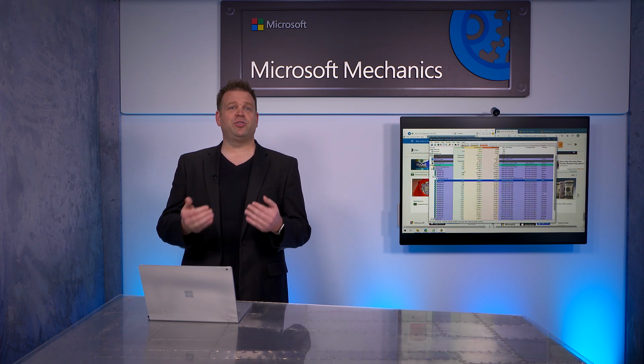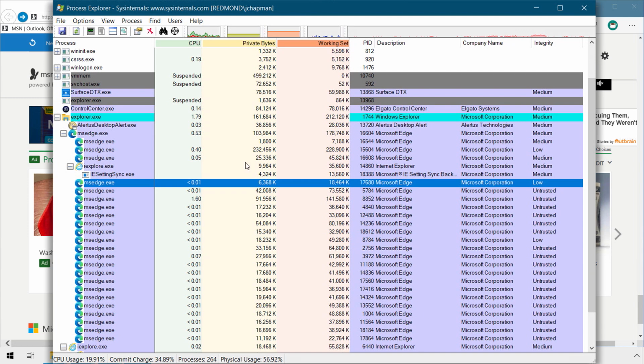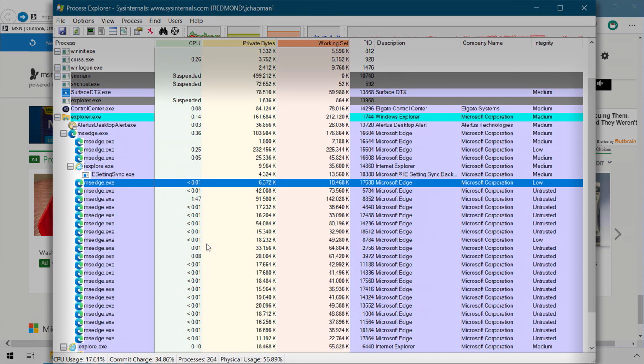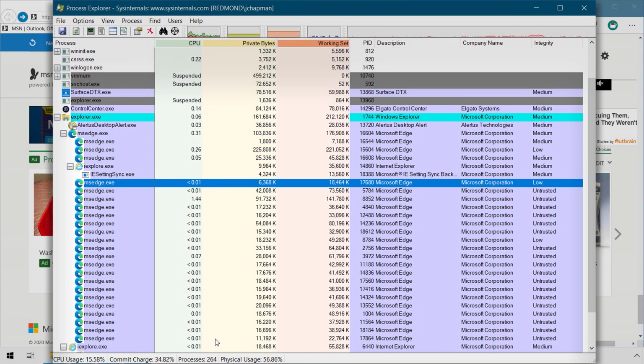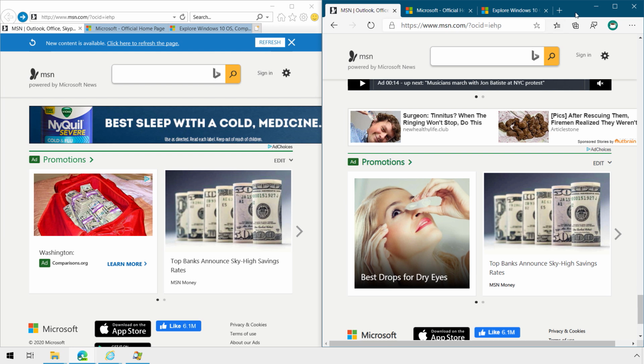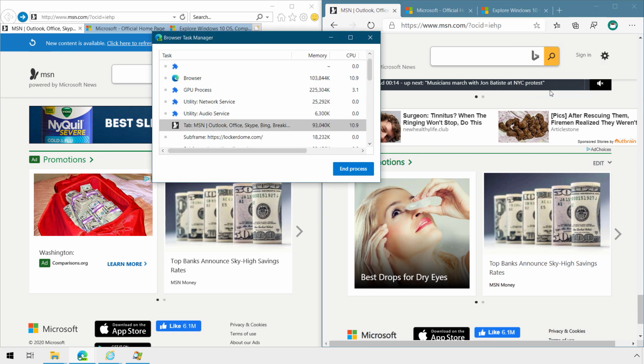Now, process isolation is critical here for both security as well as reliability. So let me open up Process Explorer again. And as you can see, each of the tabs within MS-Edge.exe are isolated as well as any of the child components on the pages themselves. So I'll minimize Process Explorer and go to the MSN tab in my Edge browser. And if an ad is running on that page, it's not going to have access to other content on the same page. I'm going to right-click in the tab area of Edge and then open up the Browser Task Manager,